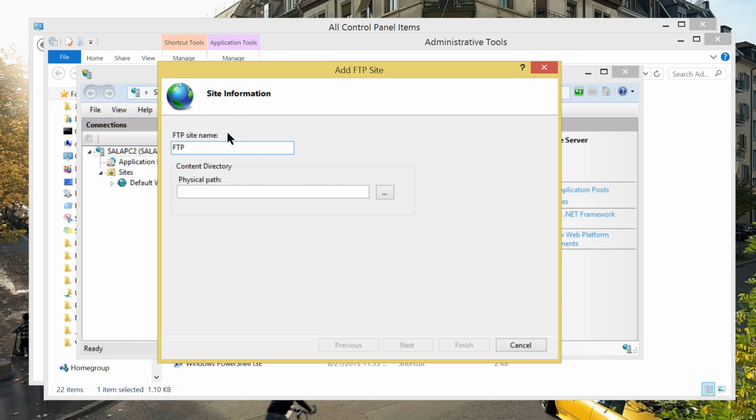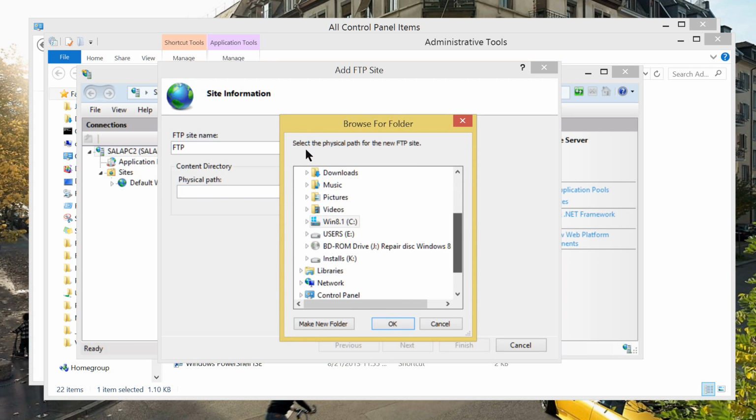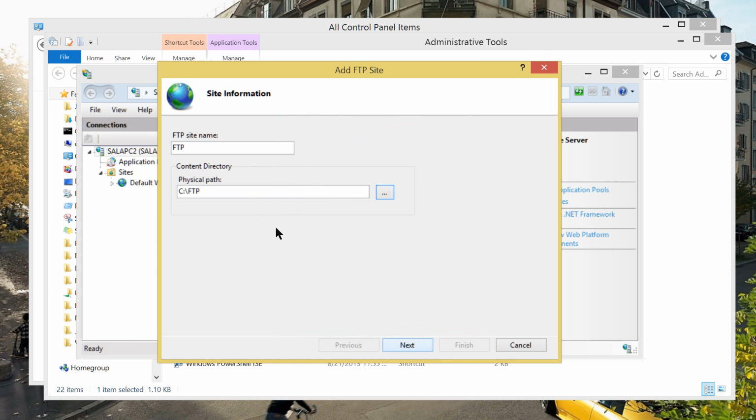For the sake of experiment, I would like to create a folder. Clicking on the path, I have here several drives, but I would like to choose my system, Drive C, Windows 8.1. And then creating a folder, I will call it FTP. There you go. FTP, click OK. Now I have the path in here.